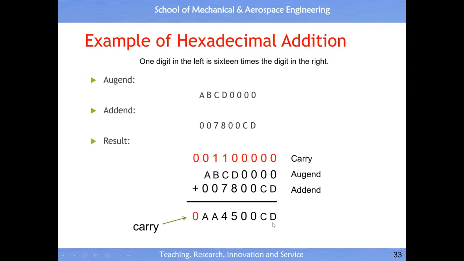Okay, so 0 plus D equal to 0, 0 plus C equal to C, 0 plus 0 equal to 0, 0 plus 0 equal to 0. Then D plus A should be greater than F. Then we do D plus A minus 16. We get the 5 with a carry of 1. Then 1 plus C plus 7 should be greater than F. Then we do 1 plus C plus 7 minus 16. Then we get the 4 with a carry of 1. Then 1 plus B equal to,